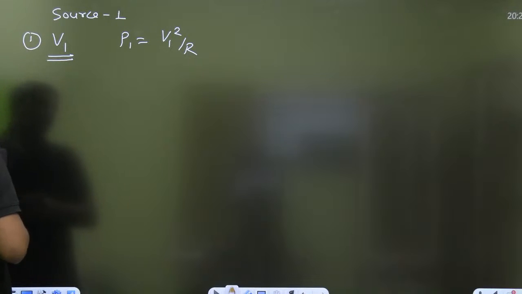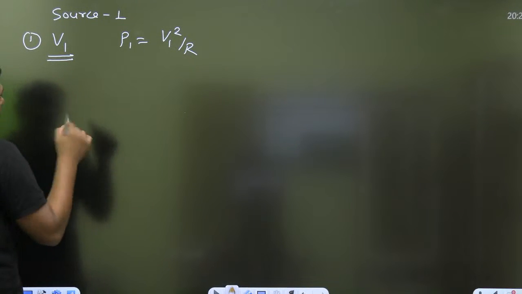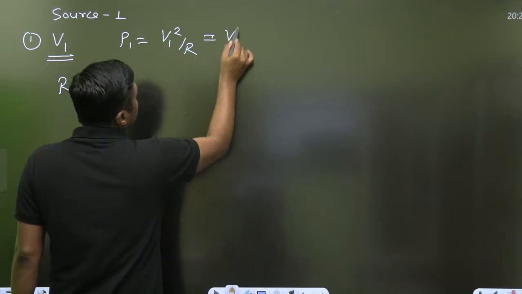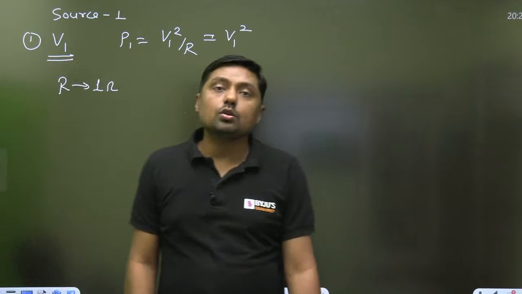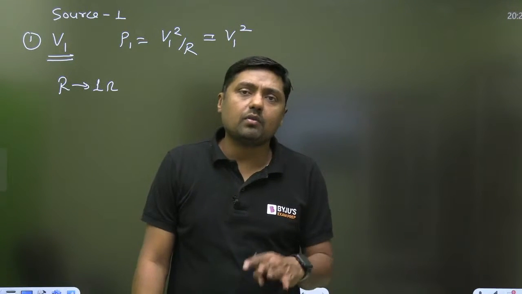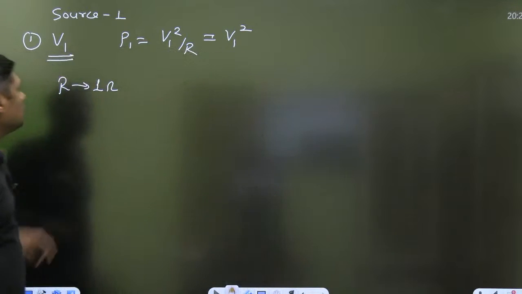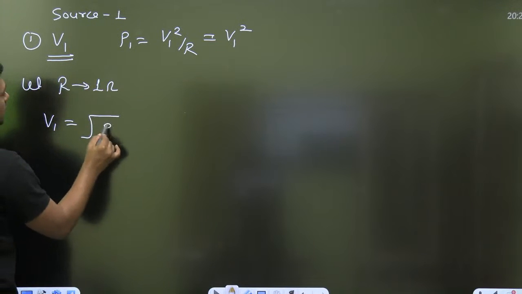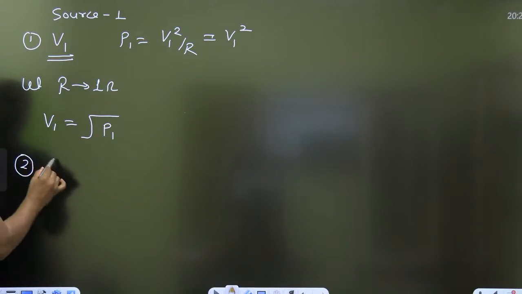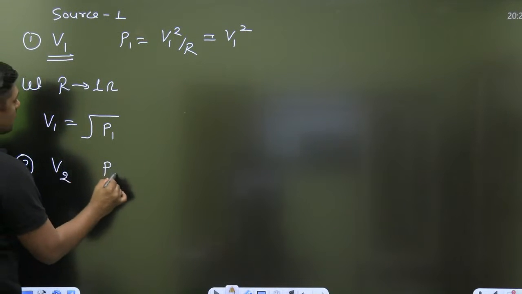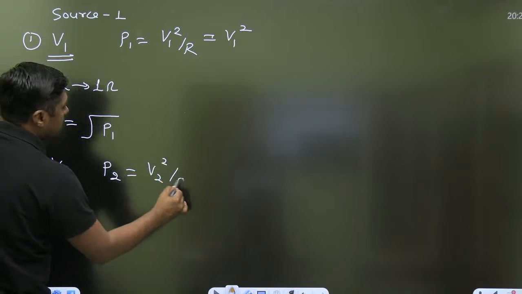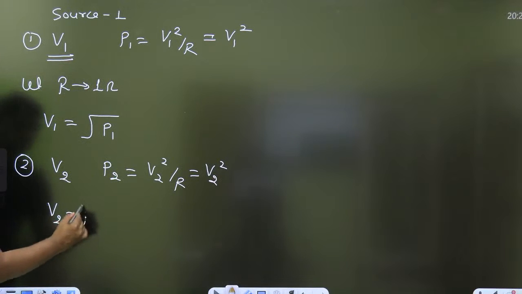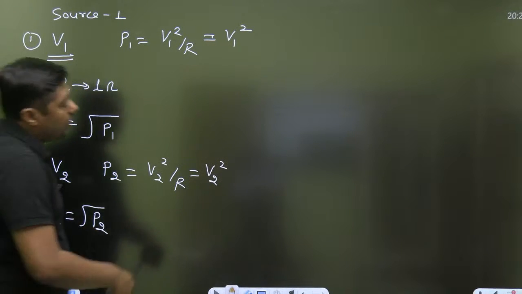Then what will be the value of V1? Because the value of the resistor is not given, you can take R equal to, let's say, 1 ohm. Then it is called normalized power. Again we have to calculate the power across R. I am assuming R is equal to 1 ohm. What is V1? V1 is nothing but root over P1. Similarly, because of the second source, the voltage is V2. So what is the power? V2 square by R, that is V2 square, because R is 1 ohm. V2 is equal to root over P2. Now, it is a general case.